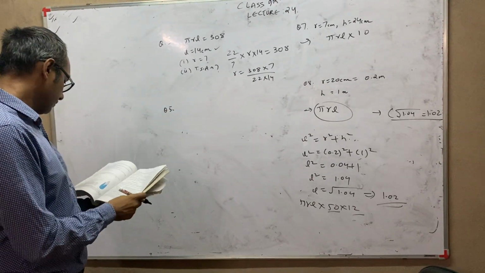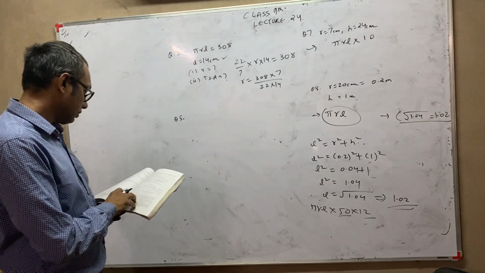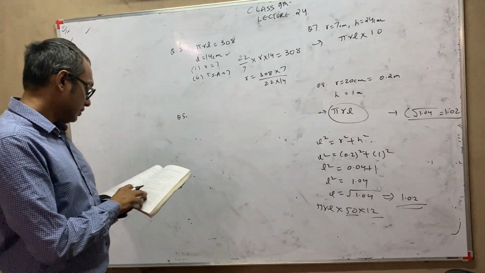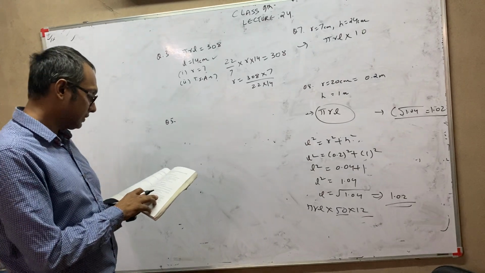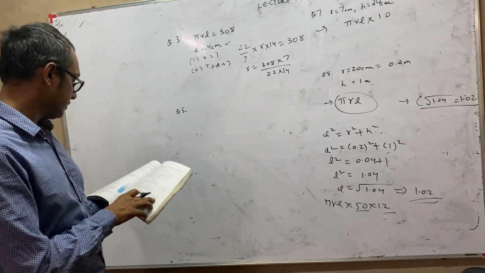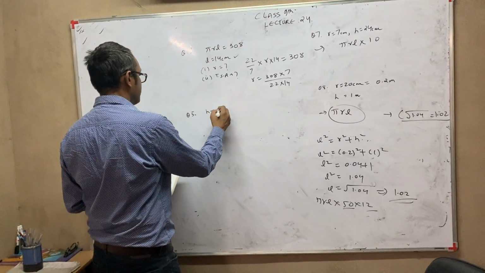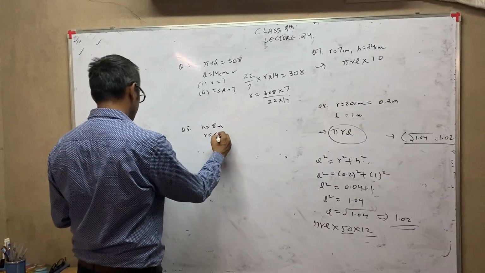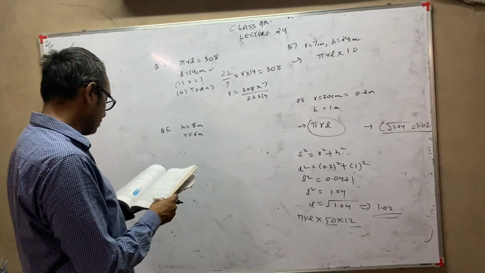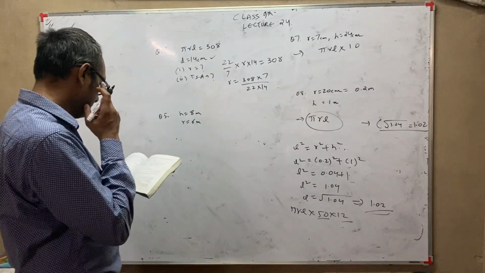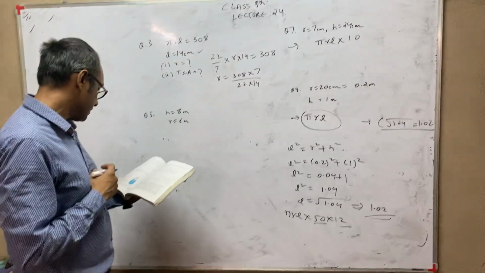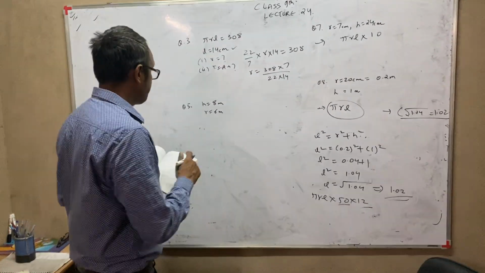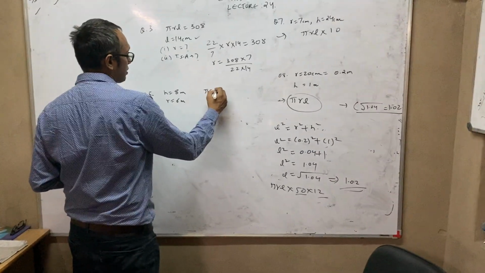Okay. Now question number 5 is there. What length of a trampoline 3 meter wide will be required to make a conical tent of height 8 meters? Height given is 8 meters. Radius of the base is 6 meter. Assuming the extra length of the material which will be required for stitching margins and wastage cutting is approximately 20 centimeter, and pi he has told us in this to use 3.14.